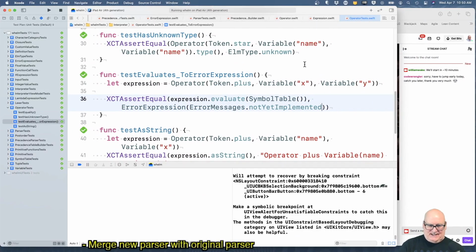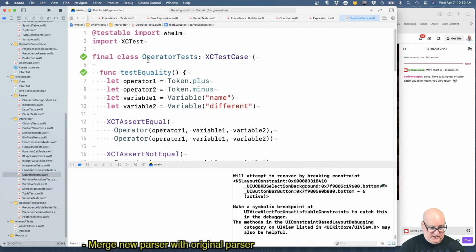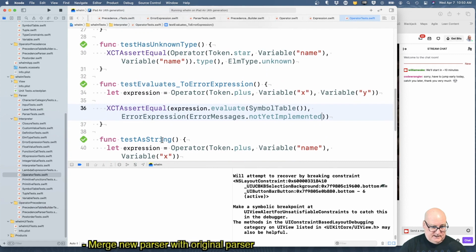Okay. Let's see what we can do. So, well, there's sort of a simple way and then a hard-coded way and a more flexible way. And maybe we'll just start with the hard-coded way, and that'll be what we get today. So the hard-coded way is we have operator. It knows the token, and we would like to evaluate it.